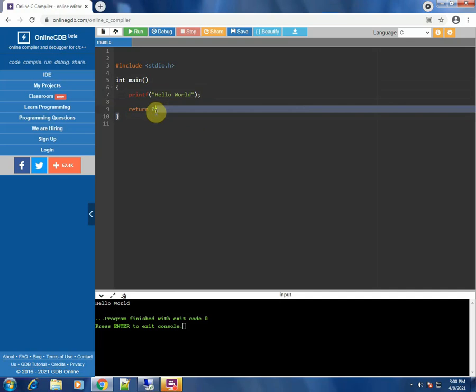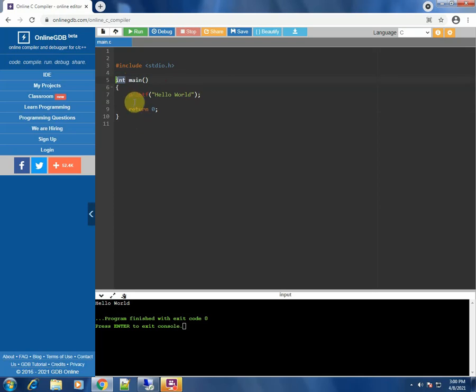The last line is return 0. Since this int main is a function whose data type is integer, you have to return some value.